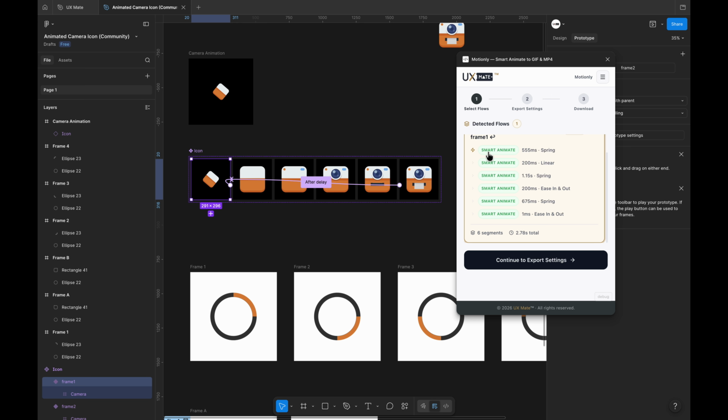Now you can see it has given all the details of the animations, like each and everything, these are Smart Animate with what, is it spring, is it linear, is it ease in and out, and what are the different animation curves used, and what are the different timings which we have used. Now it has 6 segments of the animation, and now when we click on continue to export,